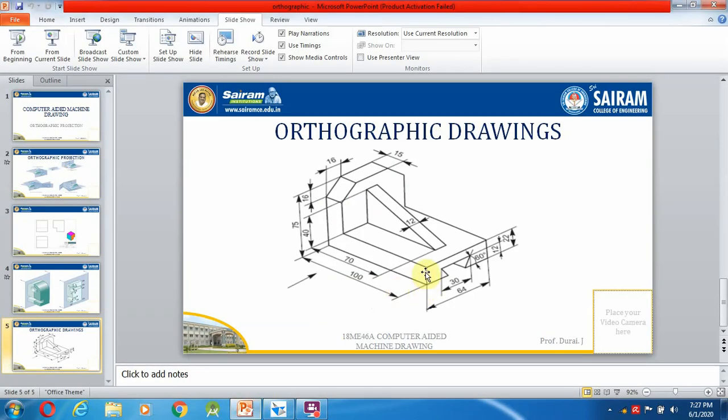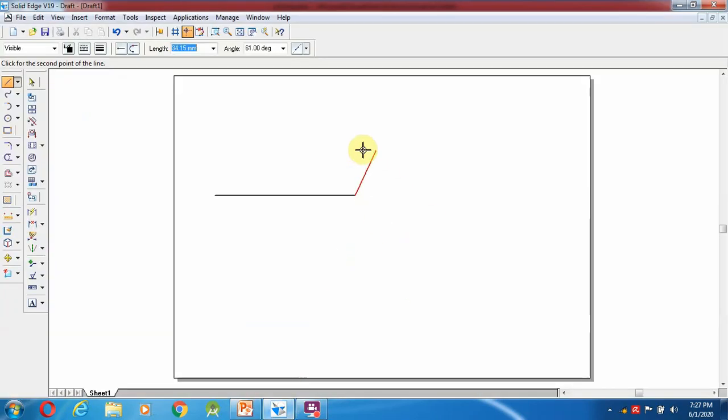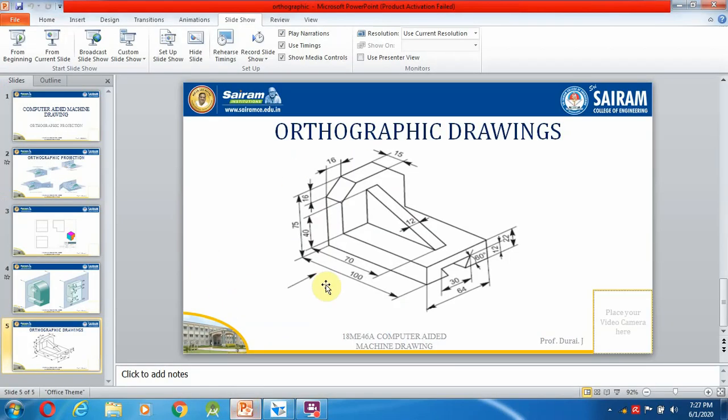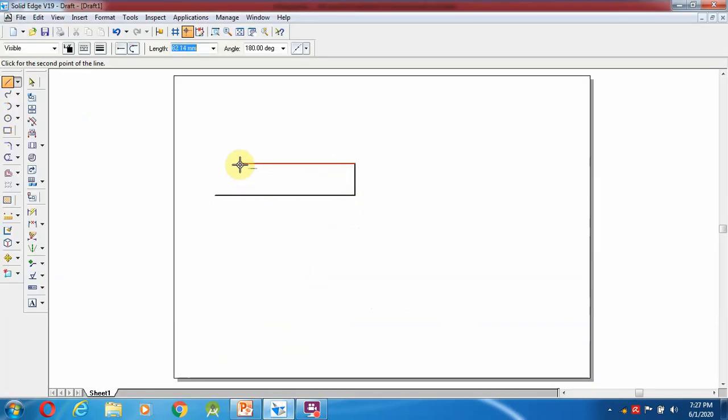So height is there. So from here, 22 mm they are provided over here. So that 22 mm I am going to make it here. So 22 mm. And towards left, from here to towards left, how many mm does it have to go? They are not given. So this value they are given, we can check over here, that is the 15 mm distance. So from here, 100 minus 15 we are getting as an 85 mm line. So 85, enter.